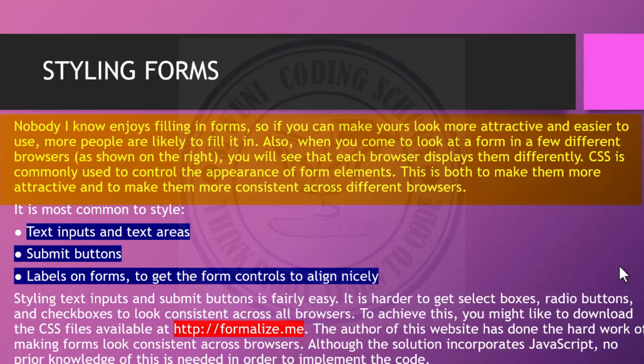So if you make yours more attractive and easier to use, people are more likely to fill it in. But if it's lengthy and not organized properly, it is very difficult, and most people do not like it at all. I'm going to explain how to style your forms, so that they look attractive and people actually like filling in your queries. It is most common to style text inputs, text areas, submit buttons and labels on forms,